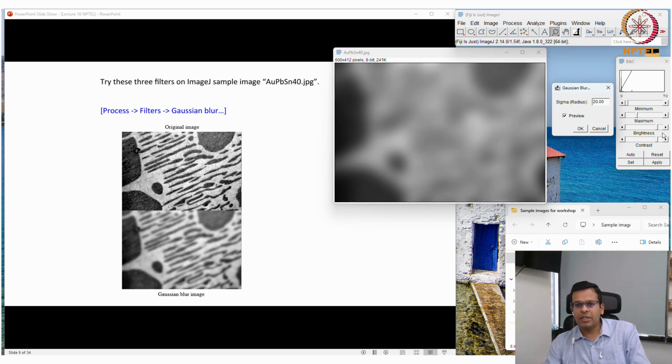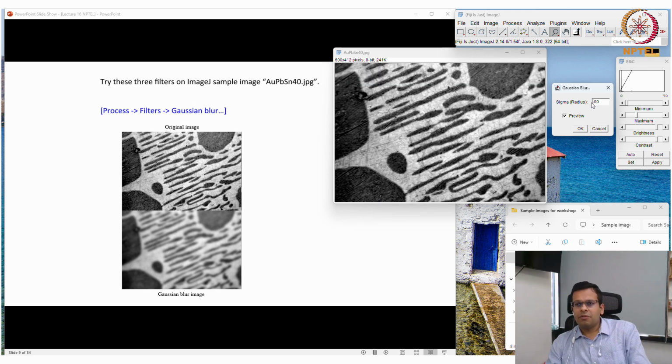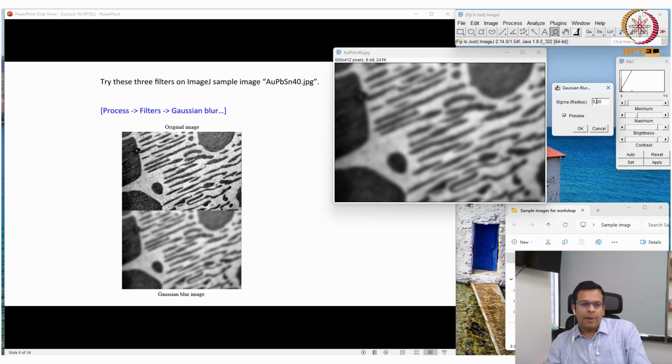If I use the sigma value 20, or 30, you see the image will be completely blurred. So you can use different levels of blurring with this Gaussian blur filter. This is the original image, and after Gaussian blur, you can see the image is now more blurry than the original image.